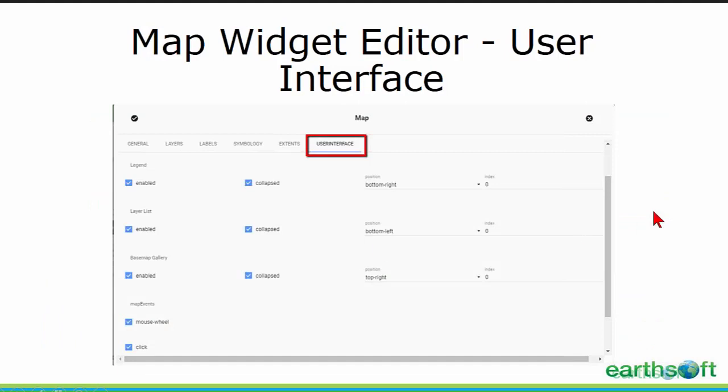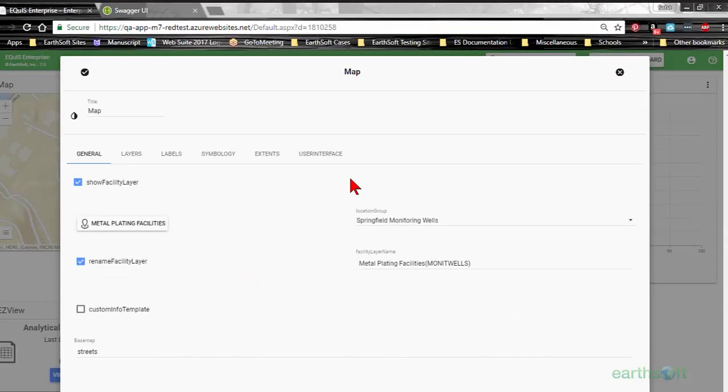As you can see, this is the user interface. The checkboxes are available to enable your legend, the layer list, the base map gallery, and the map events of the mouse wheel and the clicking option are here as well. So in the map widget,